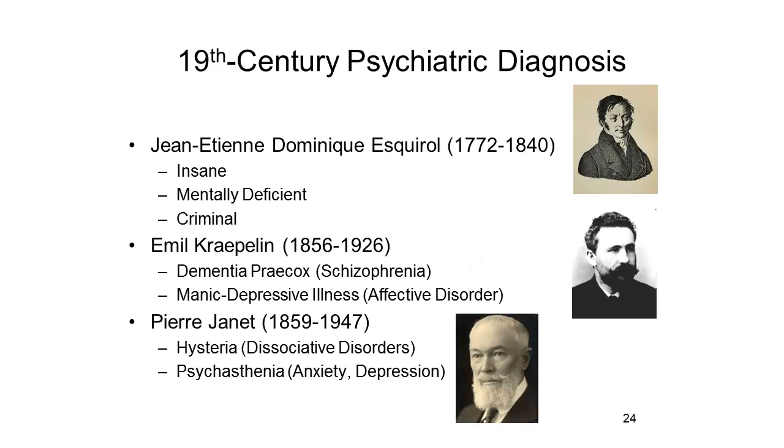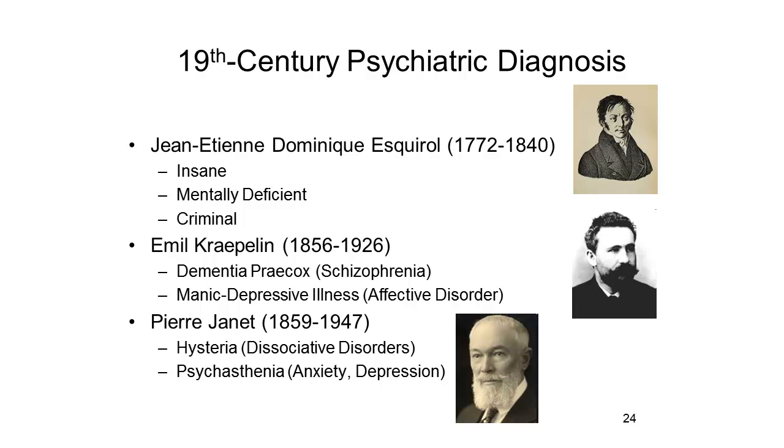While physicians have been diagnosing physical illness for a long time, as long as there have been physicians, the diagnosis of mental illness is of relatively recent origin. Well into the Enlightenment, our conceptions of mental illness were dominated by first the supernatural model and then the moral model. It was only in the early 19th century that Jean-Étienne Dominique Esquirol, another French physician, in fact the protege of Philippe Pinel, made a formal distinction between the insane, the mentally ill, the mentally deficient, the mentally retarded, and